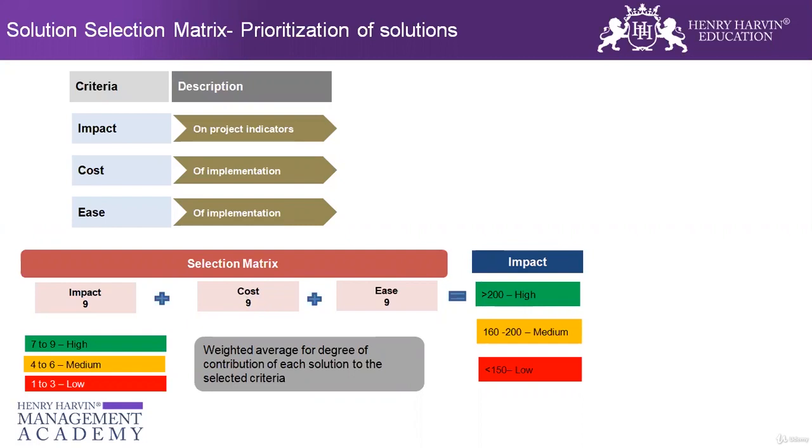So I will categorize the cost as high, medium, and low: how much cost it's going to take to implement this solution. And the third criteria is the ease, meaning how easy this solution is going to be to implement. Here also it is the opposite, because the higher